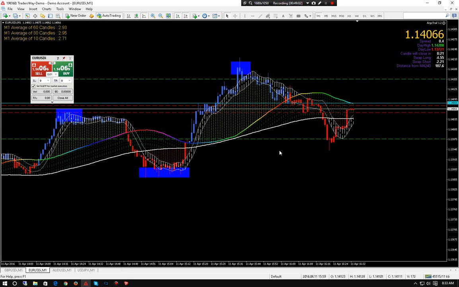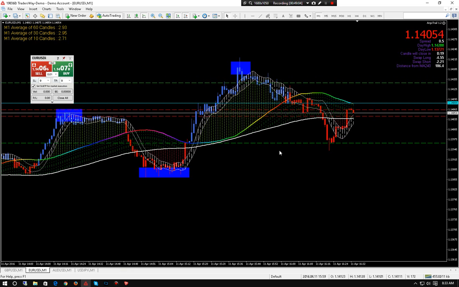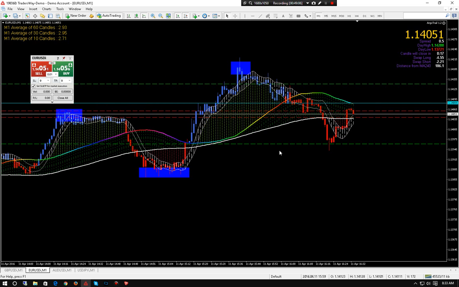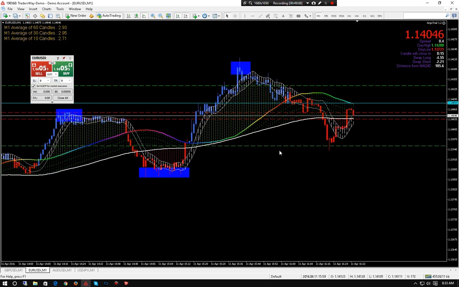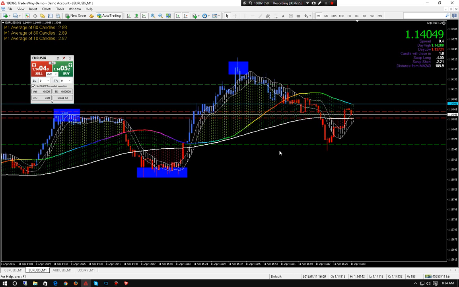Hopefully that, okay, before I get the spreadsheet open, 1 minute, 5 minute, does everyone get a general idea? Again, I'm going to be doing this all week, so we're going to go over it again and again. But does everyone get an idea on 1 minute, 5 minute, how to use both of them together and decide which chart you should be on? I know sometimes people are on their 5 minute chart and they're trading against the trend like they're insane. The trend is your friend.